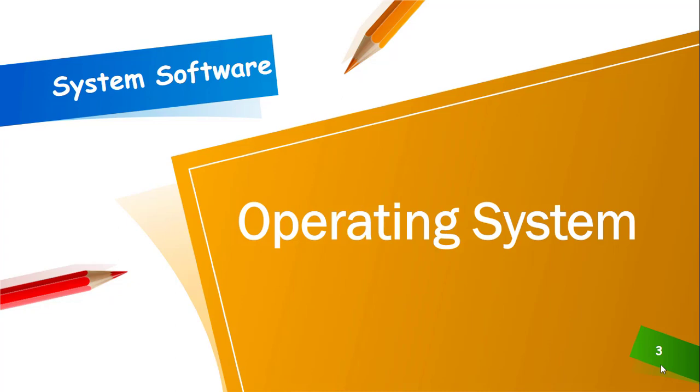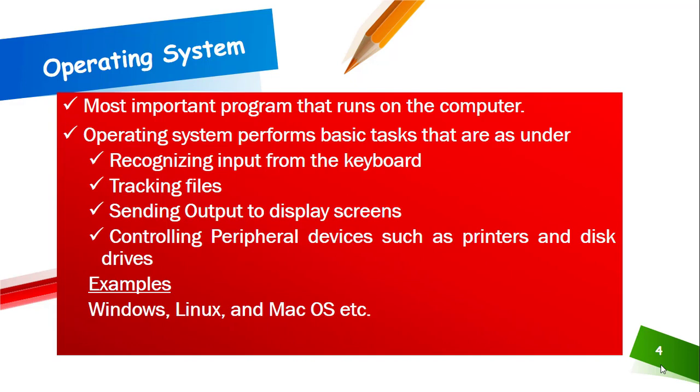The first one we have is the operating system. Operating system is the most important program that runs on a computer. Every general purpose computer must have an operating system in order to run other programs. Operating system performs basic tasks that are as under. Operating system recognizes input from the keyboard, tracks files, sends output to display screens, controls peripheral devices such as printers